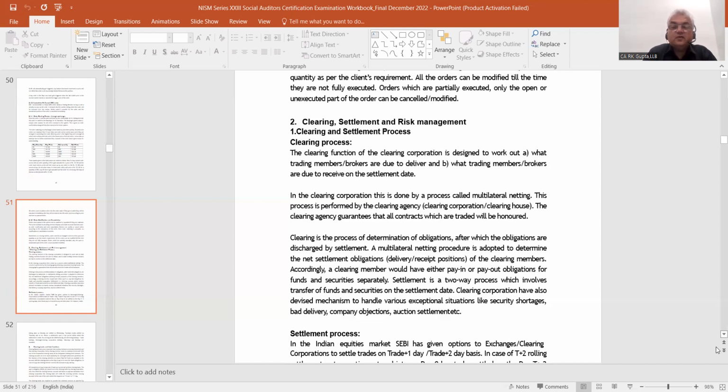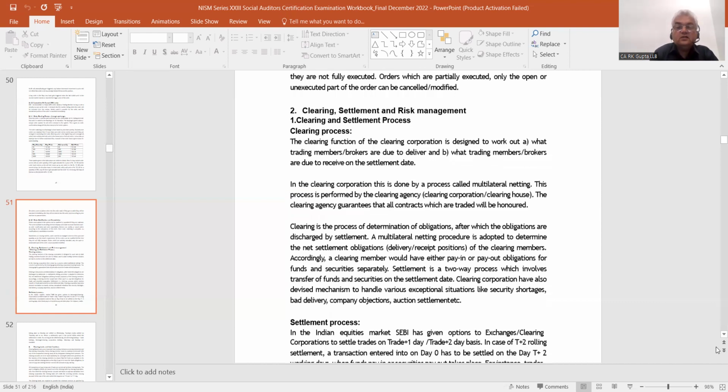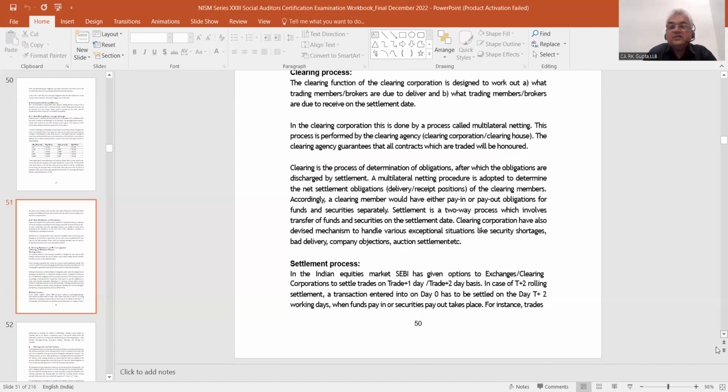Next is the settlement process. In the Indian equities market, SEBI has given options to exchanges or clearing corporations to settle trades on a trade plus one or trade plus two basis. In case of T plus 2 rolling settlement, a transaction on day zero is the date of the transaction. It has to be settled on the day T plus 2 working days. So 2 working days are there, holidays, then